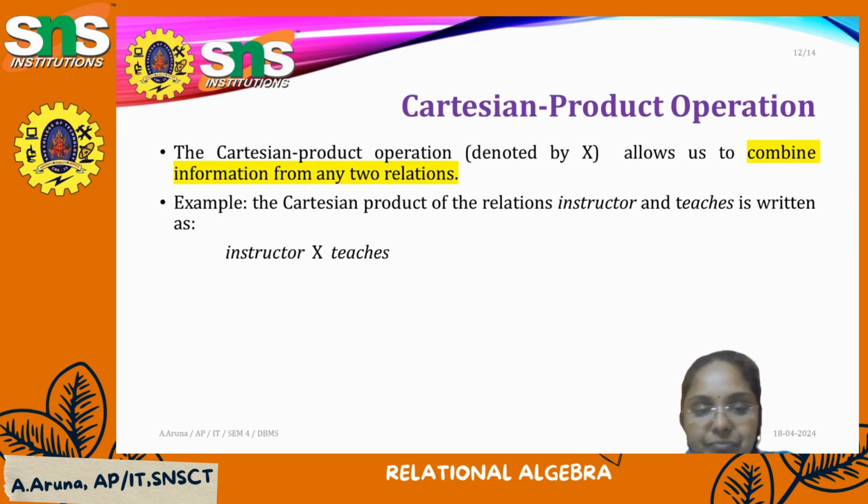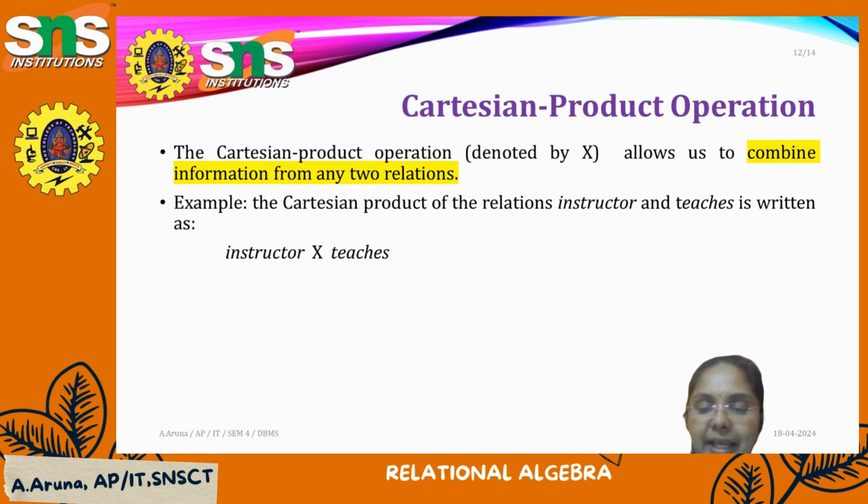It can be used, for example, I'm having the instructor and teachers tables. So definitely the instructor table contains all the teachers' details. In teachers, the details of whoever is taking the courses in that particular semester are available. I'm going to combine these two things.